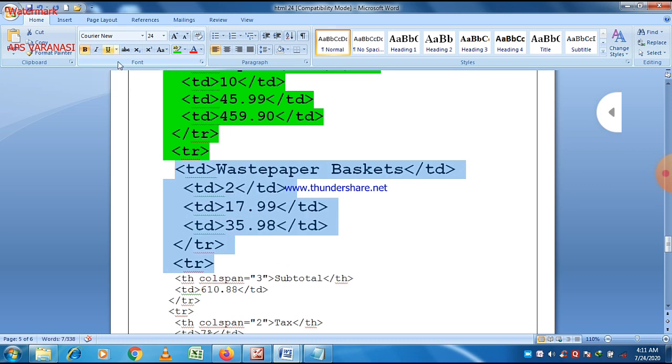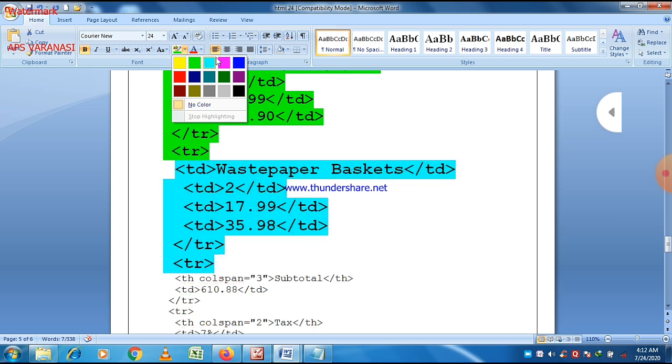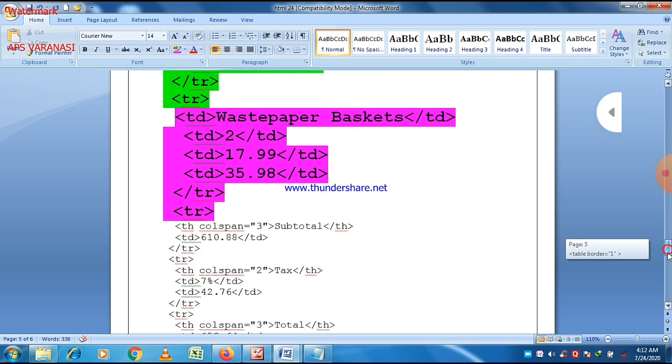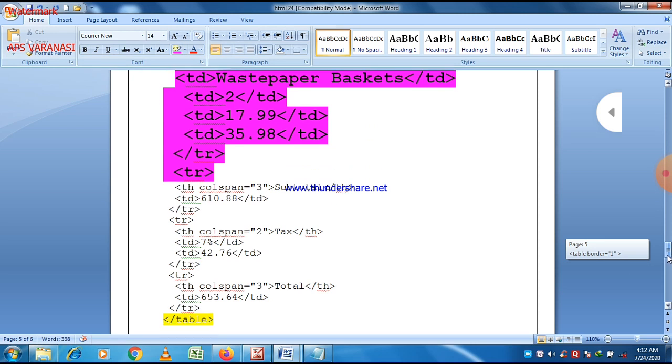Let us make it bold for clear visibility. Till now there is no rowspan or colspan used. It is a simple table.